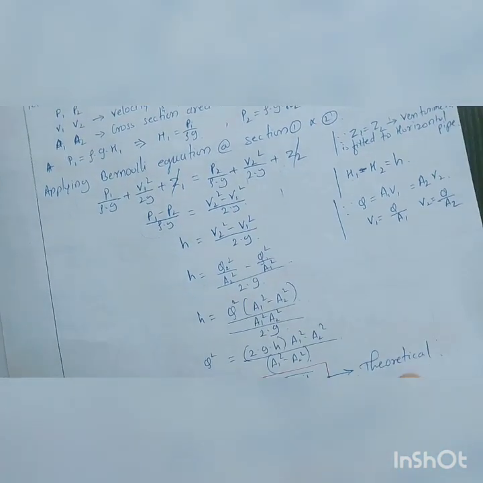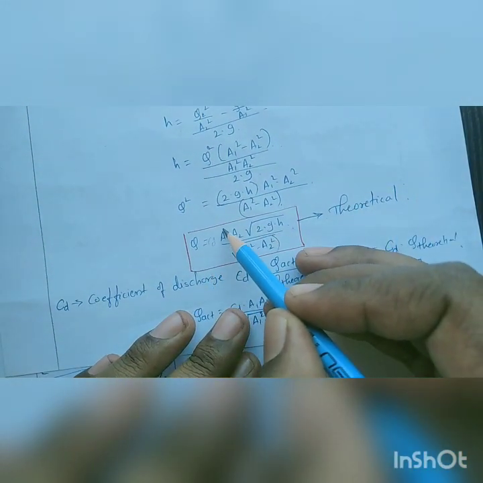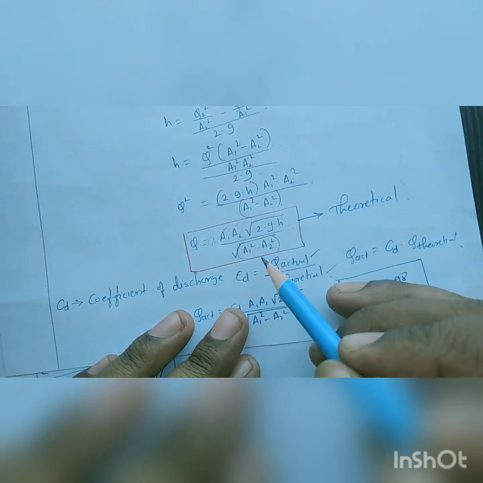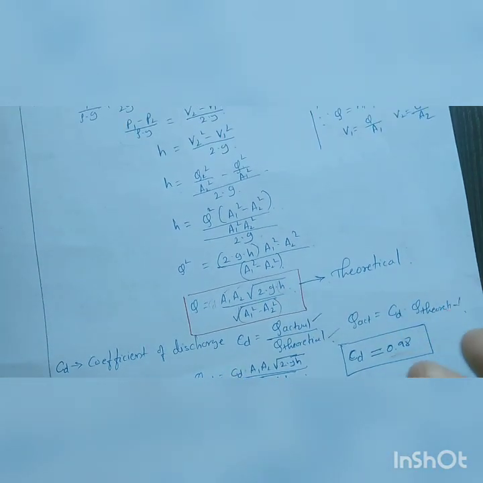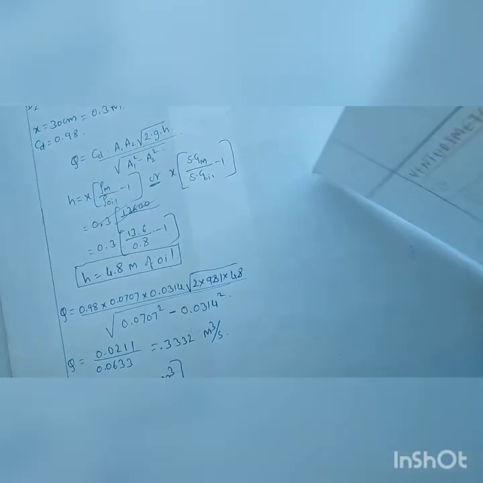Now, if the diameters are given, we can find A1 and A2. g is already known. Now how to find this h? Most of the time we use a U-tube manometer or differential manometer with a different fluid. If water or some oil is flowing, then we use a U-tube manometer with a heavier liquid or lighter liquid. In most practical applications, we use mercury as the heavier liquid. So to find h,